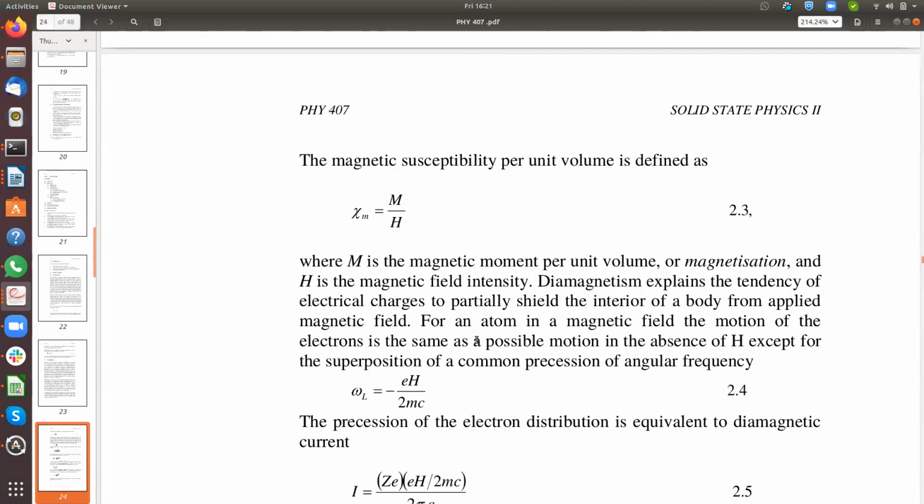So the magnetic susceptibility per unit volume is defined as this, which is equation 2.3, where M is the magnetic moment per unit volume or magnetization, and H is the magnetic field intensity. So diamagnetism explains the tendency of electrical